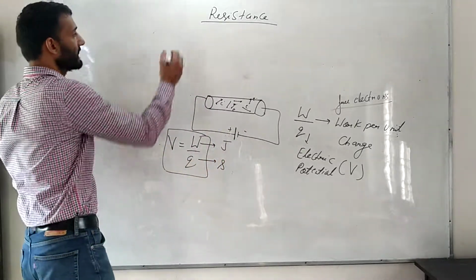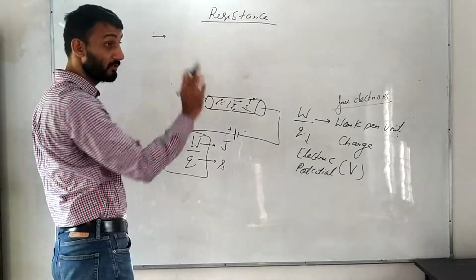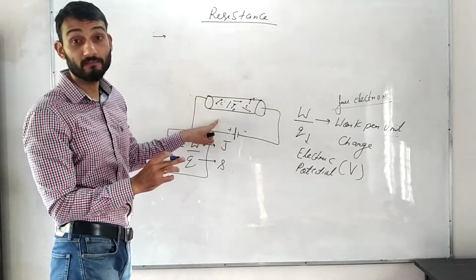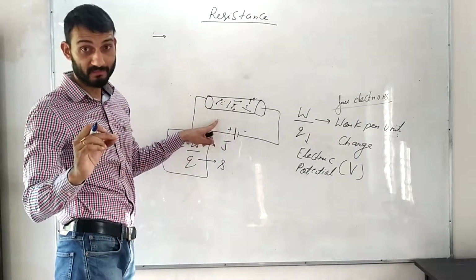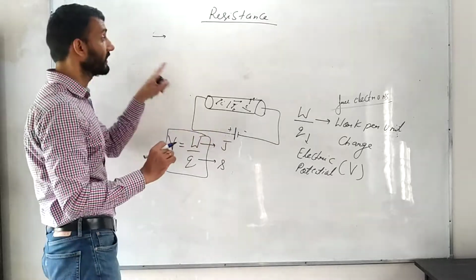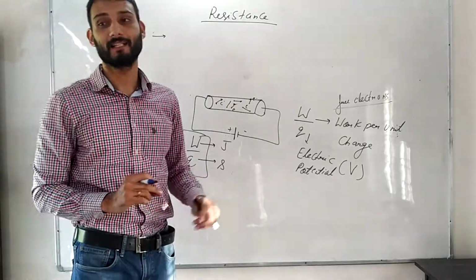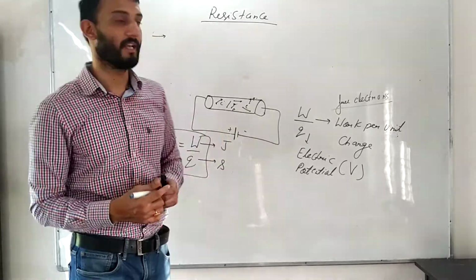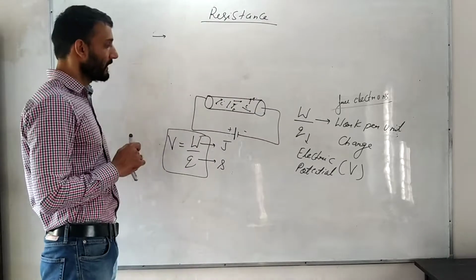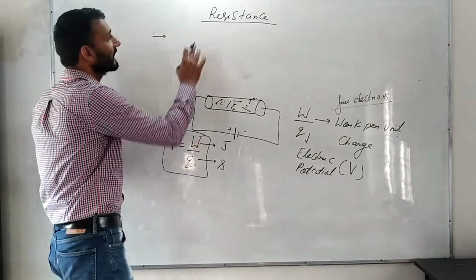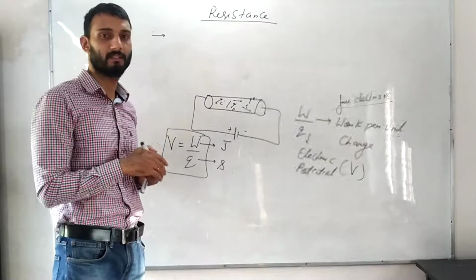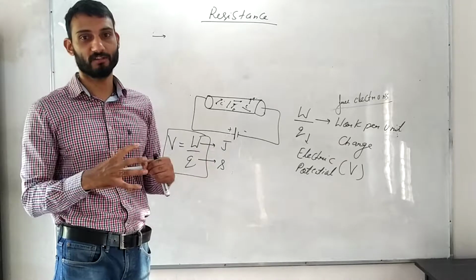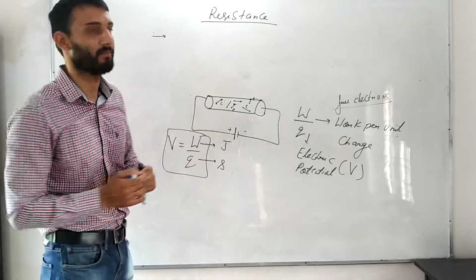Okay. So resistance, how do we define resistance? It is the property of a conductor to obstruct the flow of current. When current is passing through a conductor, the obstruction offered by the conductor to the flow of electrons is known as resistance. Alright. So this is resistance. Now if I ask you what is the cause of resistance? The cause of resistance is collision of electrons. So whenever electrons are colliding, this resistance will take place.